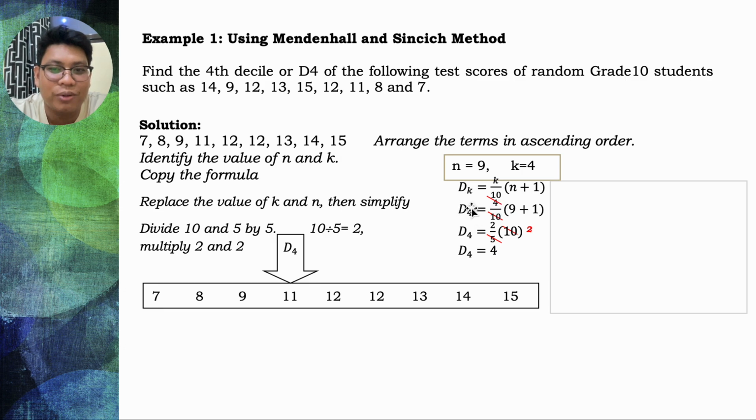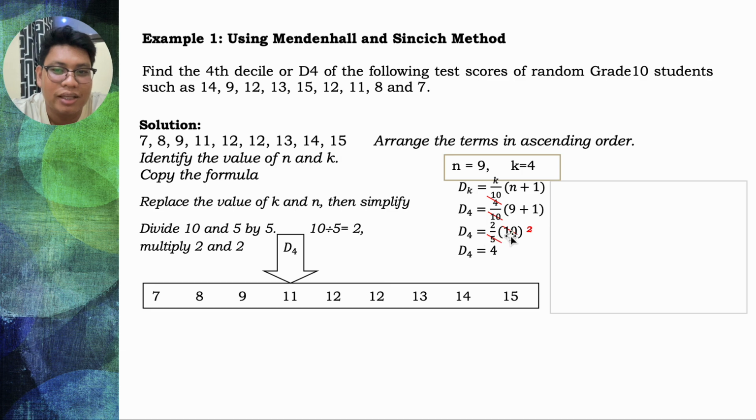So, in finding D4 or decile 4, that is equal to 4 over 10 now multiplied by 9 plus 1. So, in this solution, what we did is we cancel, 4/10 became 2/5. Why? Because this is considered a fraction, right? 4/10 is a fraction. So now, if we try to put that into its lowest term, both are divisible by 2. So 4 divided by 2 is 2, 10 divided by 2 is 5. And then 9 plus 1 is 10, and then we divide it by 2 because 5 and 10 are